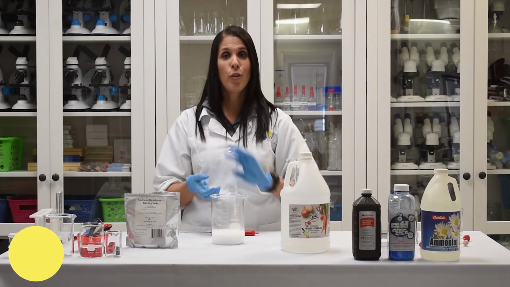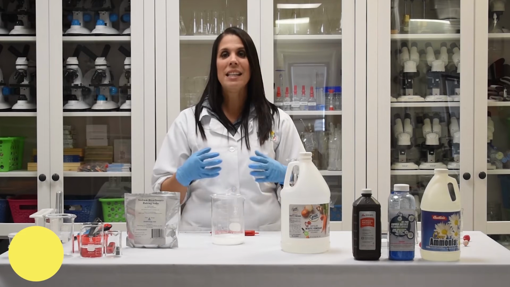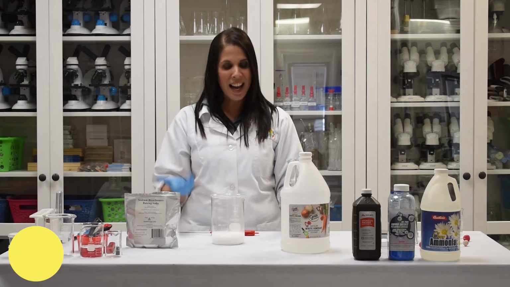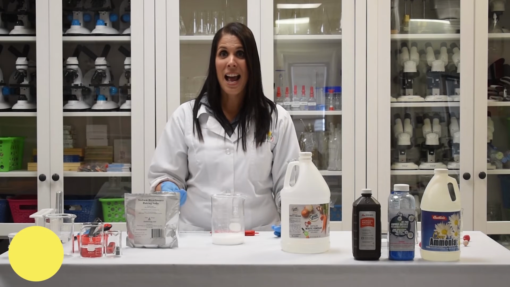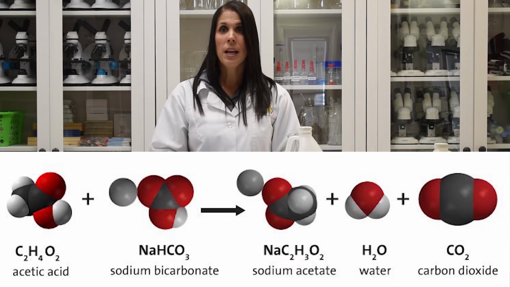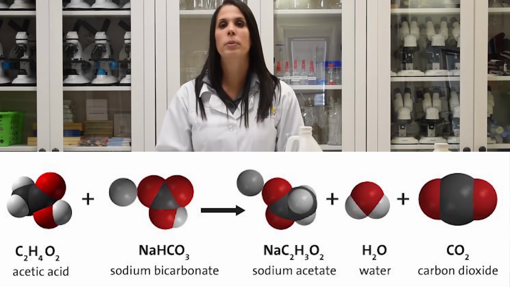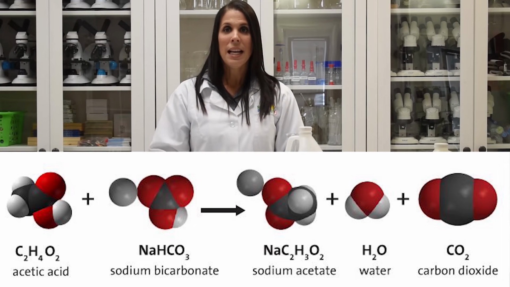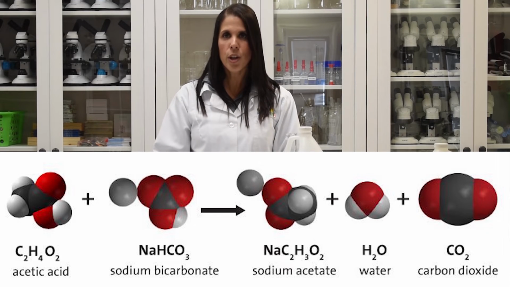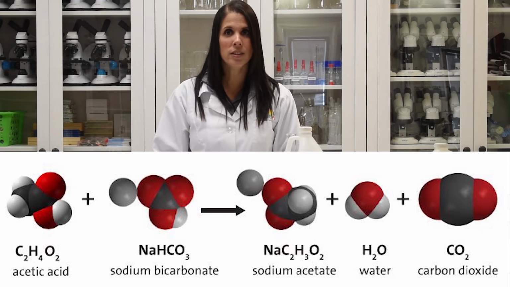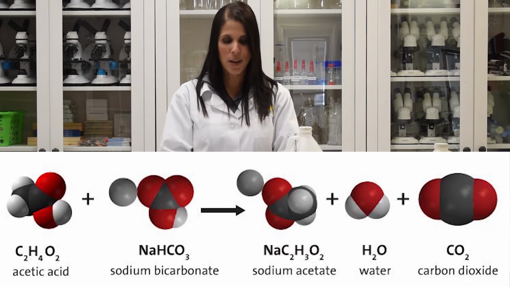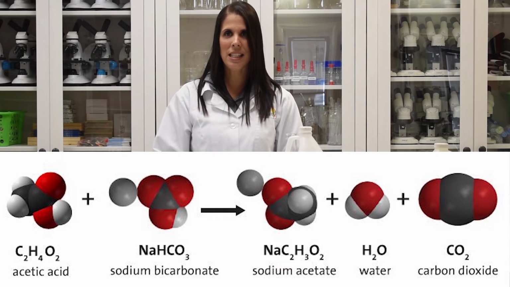A lot of bubbles are forming, and those bubbles are the gas that is escaping from the solution, which is an indicator that a chemical reaction has happened. Now, when the acetic acid, which is the vinegar, is mixed with the sodium bicarbonate, which is our baking soda, those are the reactants. The products are sodium acetate and water. And of course, they also produce the carbon dioxide, which is all of those bubbles that you can see escaping